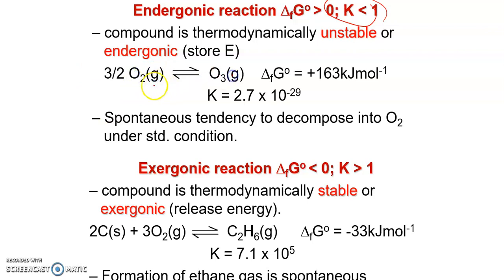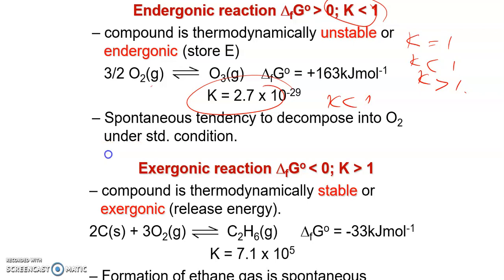So here is product and here is reactant. If K is less than 1, it has a spontaneous tendency to decompose into its reactant. Here in this case, our reactant is O2, or oxygen, under certain conditions. Still remember, you need to refer back to what I said about K equal to 1, K less than 1, and K more than 1. Here the value of K is 2.7 times 10 to the power of negative 59. So it's absolutely crystal clear, this one is K less than 1. That's why we can state that this reaction has a spontaneous tendency to decompose into its reactant,